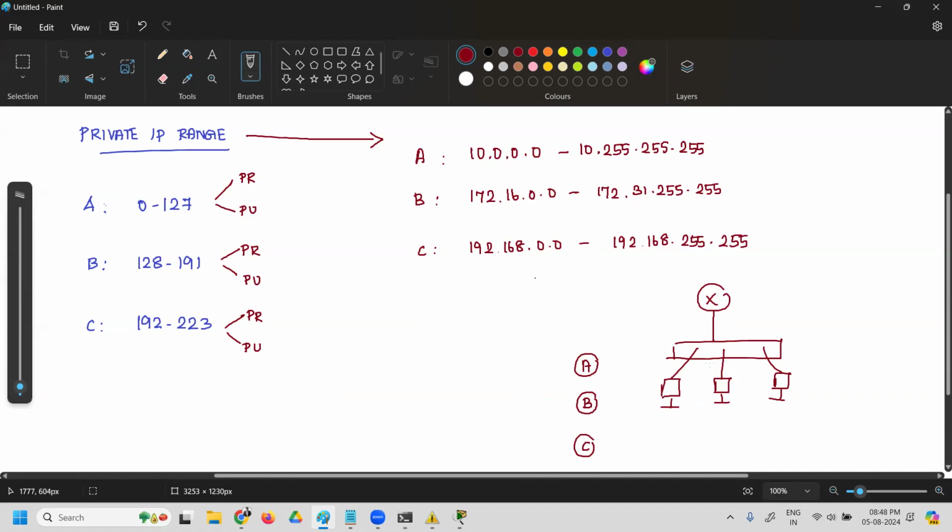Okay, these are the IPs which are reserved for private IPs. So this you will use as private IPs. Now, apart from this, what happens to other IPs? Here in class A, the entire 10 series has gone out for private IP, right? Now from 0 to 9 and from 11 to 127, what are these? These are public IP addresses.